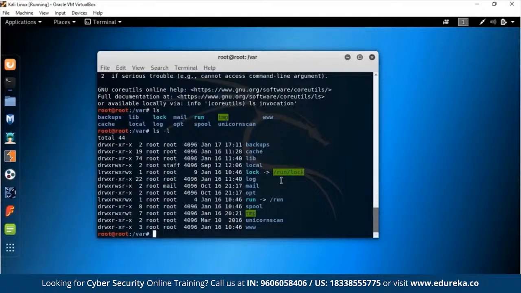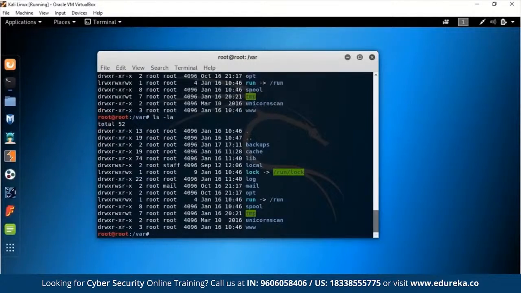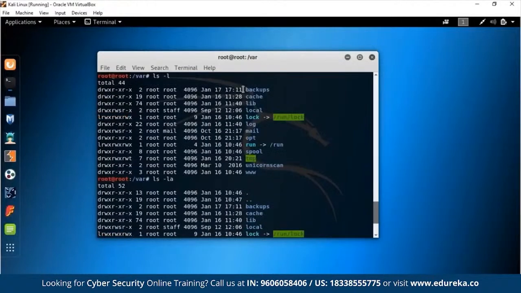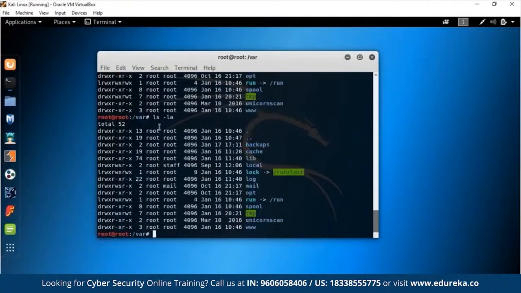Now, there's another thing you might want to use with ls, and that is the -a tag. So you can go ls -a, and it will show you all the hidden files also. So now you see some 2 files that were not shown out here. Our file list begins from backup, but when we do ls -la, we see 2 more files, that is dot and dot dot.